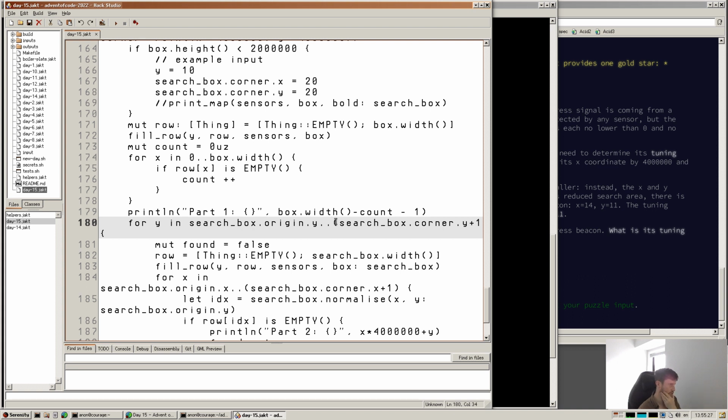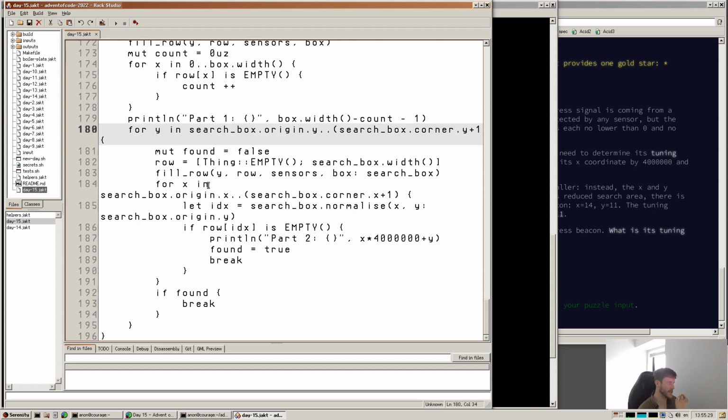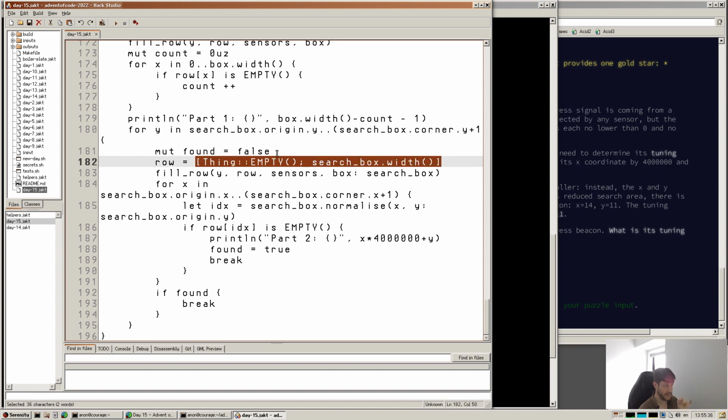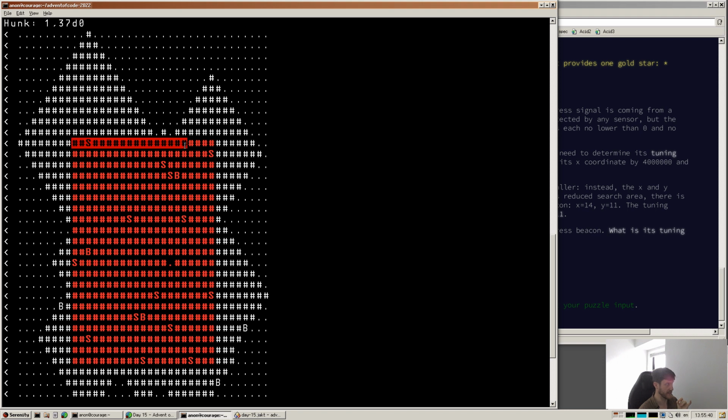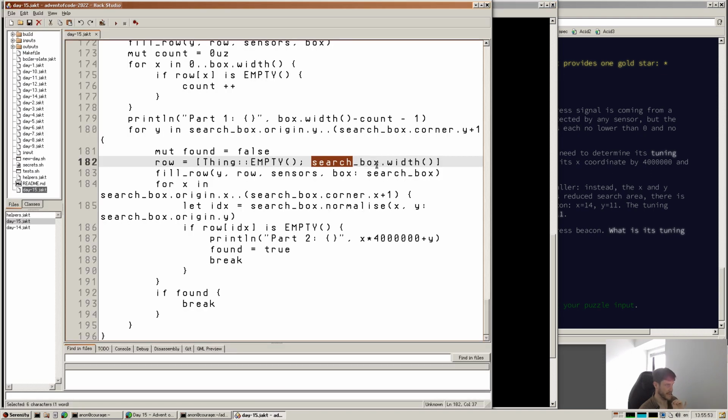But yeah, I'm not too sure. So then we basically have a flag saying whether we found it. We make a row, and here we just make it a smaller search box, so it's only actually going to be filling in these characters. So we won't do extra work on trying to work out all these ones to the side and all these ones and all the ones up the top there. We only get the search box, and so then we send the search box to the filled row, and then